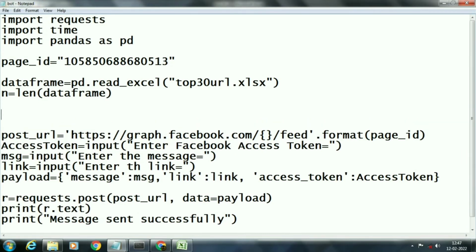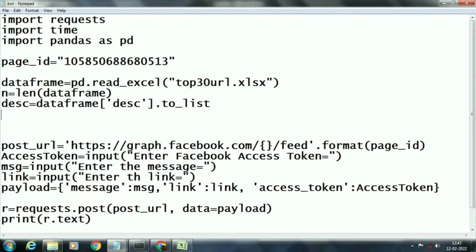Now we will split the two columns of the Excel file into two different lists. Here I am using the data frame's tolist function to create these two lists. First list name is DSC and second list name is URL.